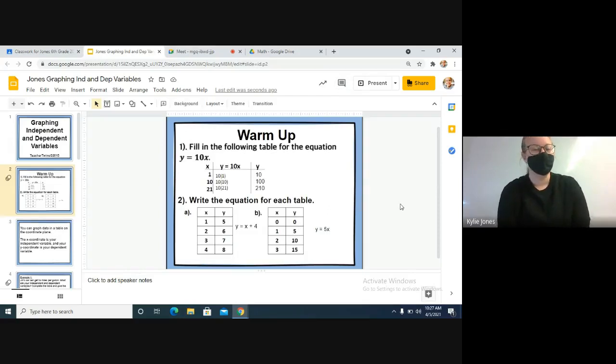So what are we doing initially? We're going to learn how to graph them. We're going to use equations to fill out tables to make graphs. They all kind of go together here on the rest of this. So we're going to go through and get working on it. I'm going to give you about